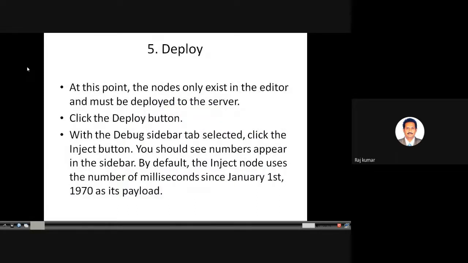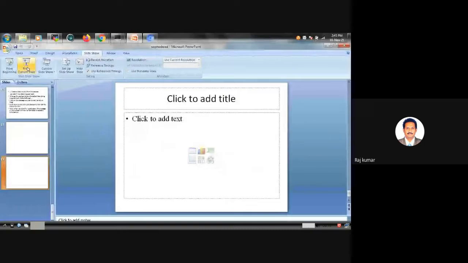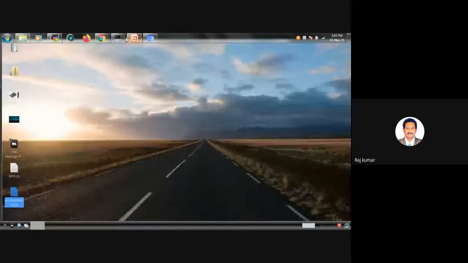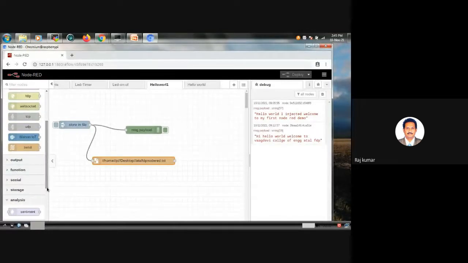The fifth step is you have to deploy whatever is there. You have to deploy it. So in the storage menu, you can see.